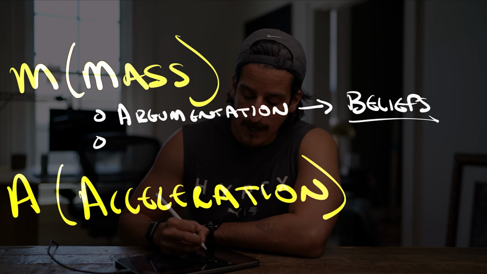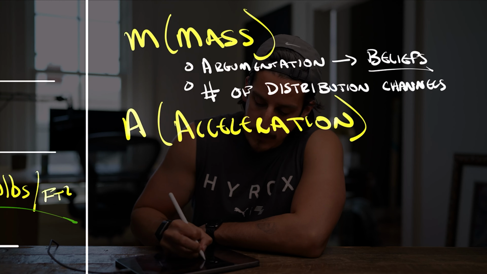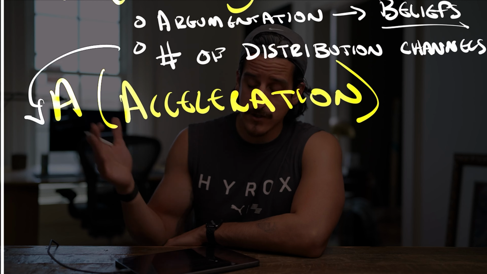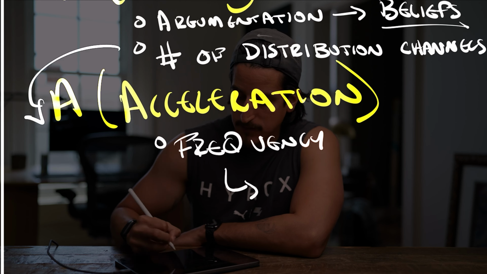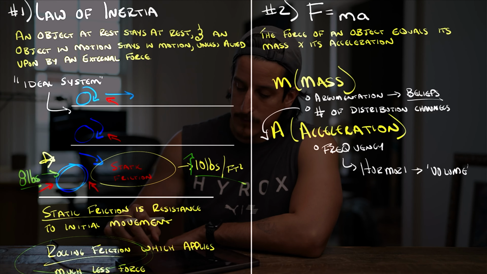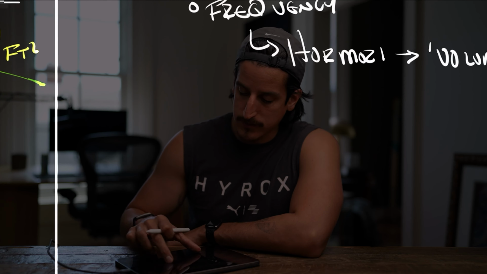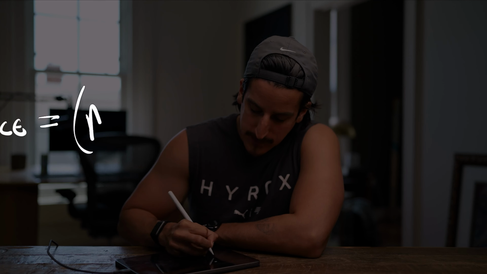The secondary side, I would argue, is the amount of distribution channels that you use. Some people could argue this could be part of A. But for acceleration, I argue it's just one specific thing, and that is frequency. You'll hear guys like Hormozi call this volume. So if we redesigned the equation F equals ma with our personal use case variables, it'd be force equals argumentation